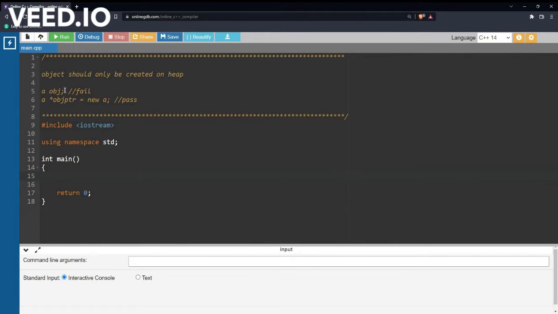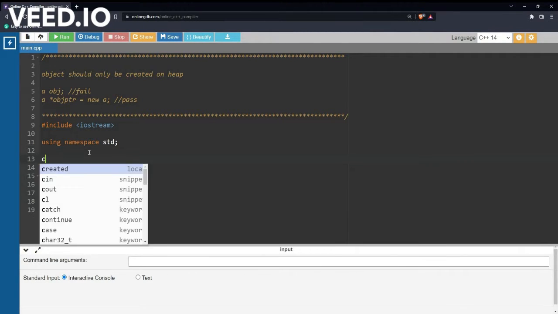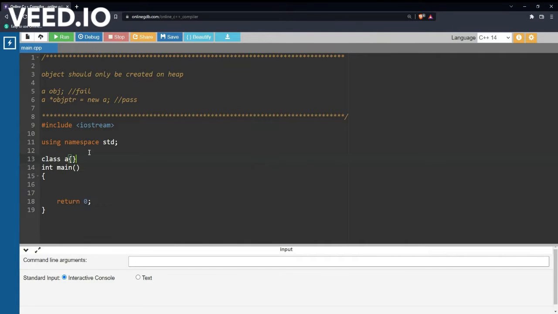So as the question says, let me create a class first. Class A. So the basic idea of this is I will make a private destructor. If I am writing A object, which will create the object on the stack, it's the responsibility of the compiler to clear the memory allocated for this object. So it will try to call the destructor of this class A. So if class A's destructor is private,